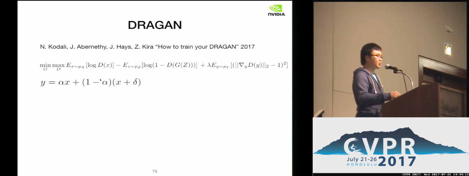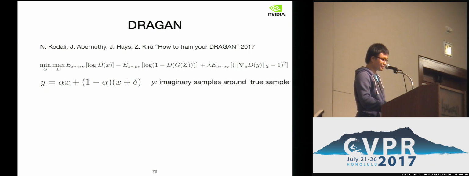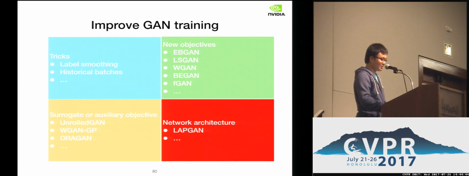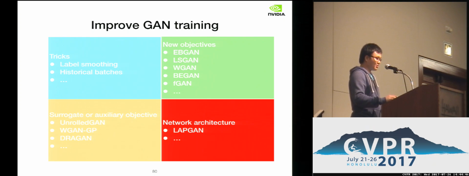Previously, in WGAN-GP, you sample a true sample and a synthesized sample and do the blending. Here you sample a true sample and another deviation, a small number sigma, and you blend this true sample with a deviated version of the sample. They have a theory showing why this is helpful. It's also shown to be a trick used in the original minimax problem. So this is about the auxiliary objective.